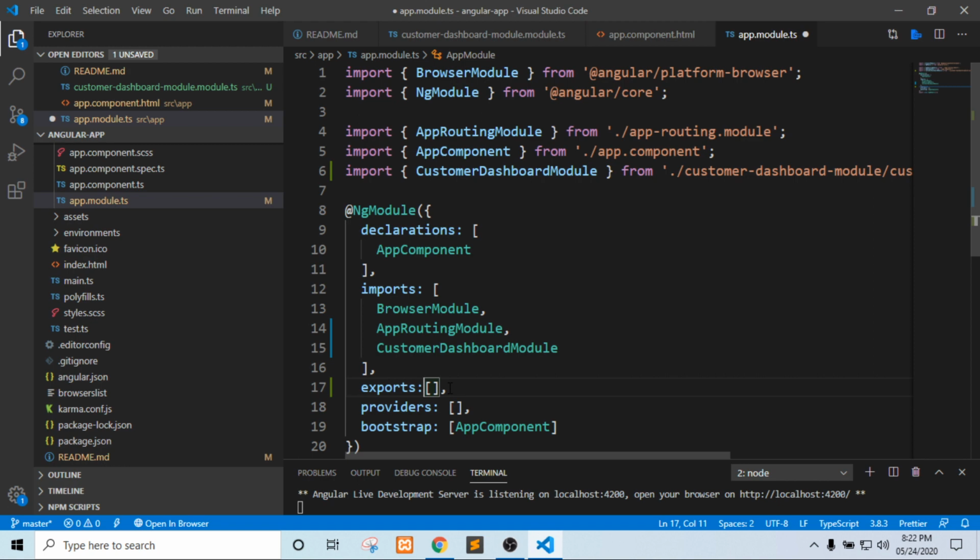So if we have different modules, like a shared module or features module, and we want to use the functionality of one module in a different module, then we can use this exports attribute. Providers is basically helpful for injecting the services. Whenever we work on any application, we definitely need to maintain state and data across the application. So we will be injecting the services here so that we can use them throughout the root module or app module.